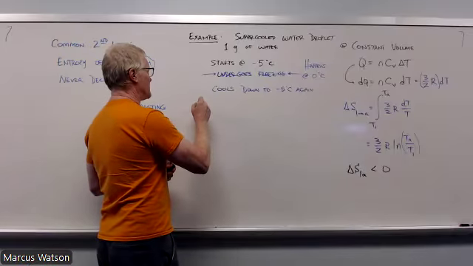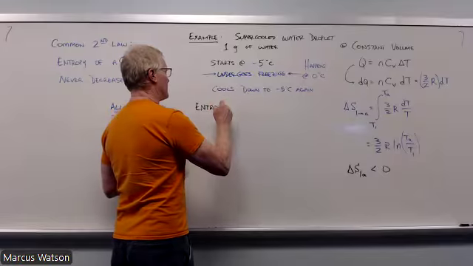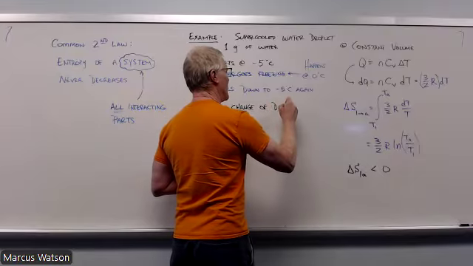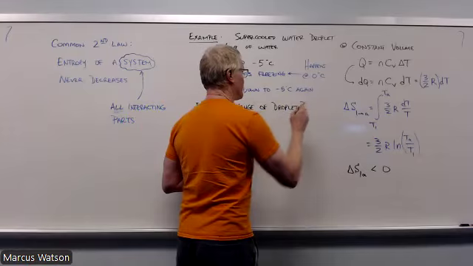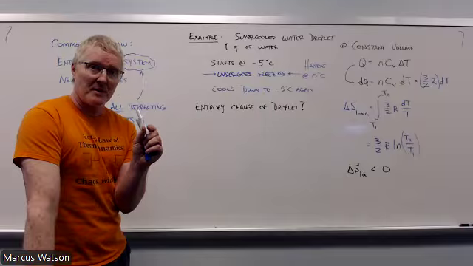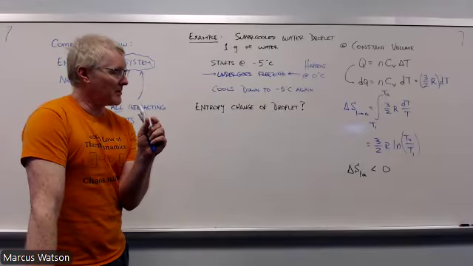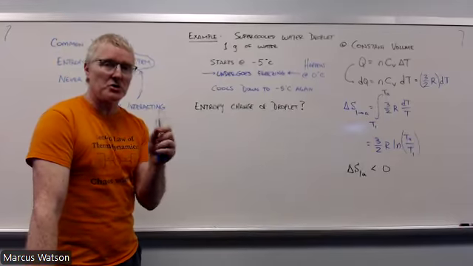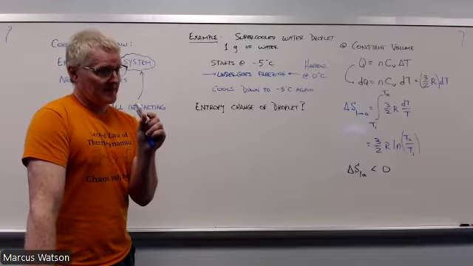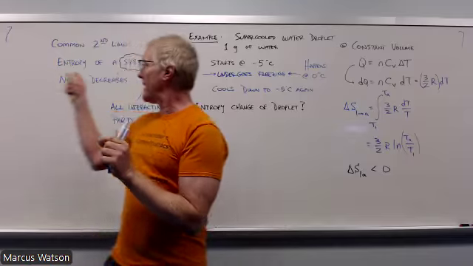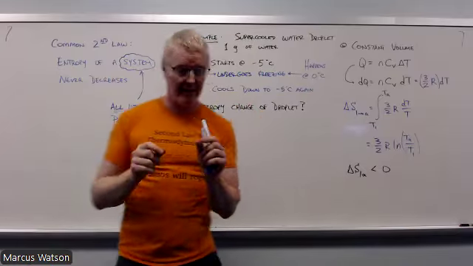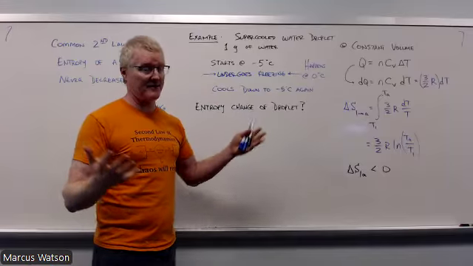Let's calculate the entropy change for this. And I'm going to look only at the droplet, which means I have a very narrow view of the system. Therefore, I would expect my entropy change could be plus, minus, or 0. If I'm looking only at one thing, it doesn't necessarily have to always obey this, because I'm not looking at all the interacting parts here. So in this case, I could expect anything from the sign of the entropy change.